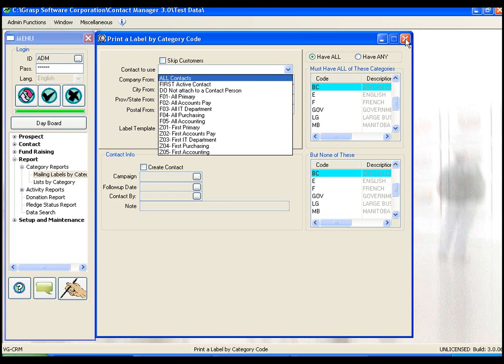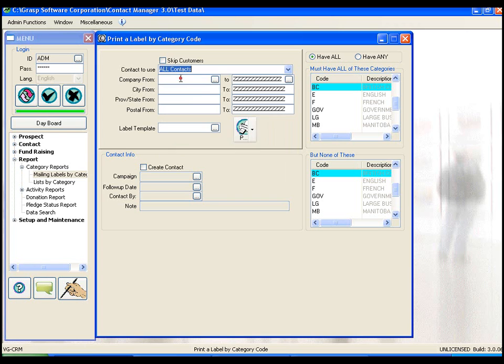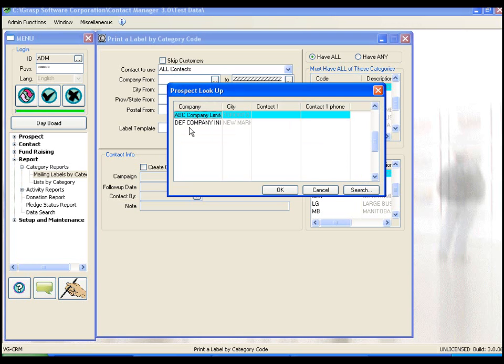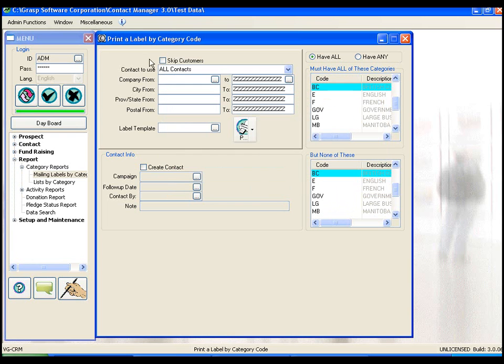Maybe we'll just do it as a list. Well, no, we'll do it this way. So let's say we want to send this mailing out to all of our active contact names. So we can identify a range of company names. In our case, we could pick individual ones, or as it shows here, it'll show all of them. Also in a particular city, we could do province or state selection, and postal or zip code from and to as well. So the way it's set now, we'll basically pick everybody in these categories, and we pick a label